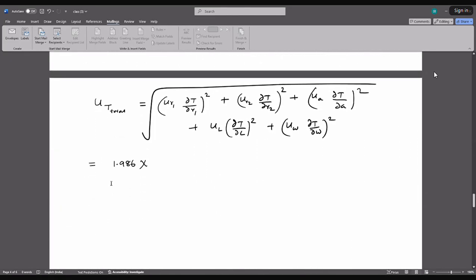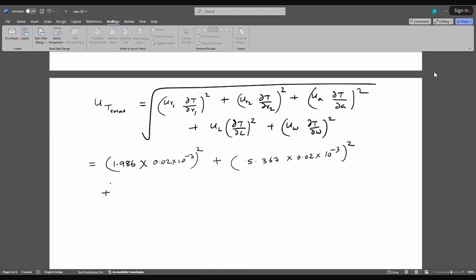So that is 0.02 into 10 to the minus 3, square. Similarly, for UR2 into ∂T over ∂R2 it is 5.367 into 0.02 10 to the minus 3, square